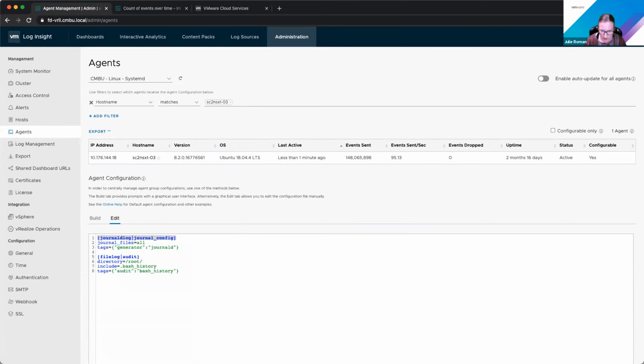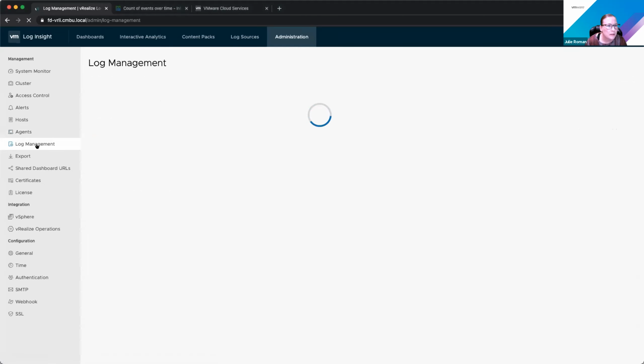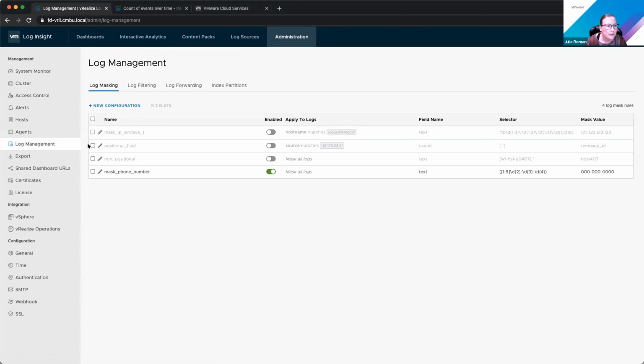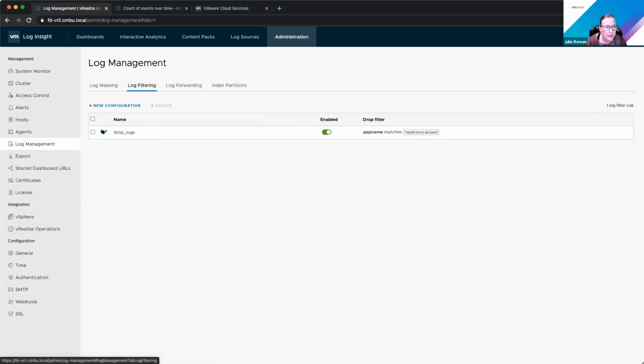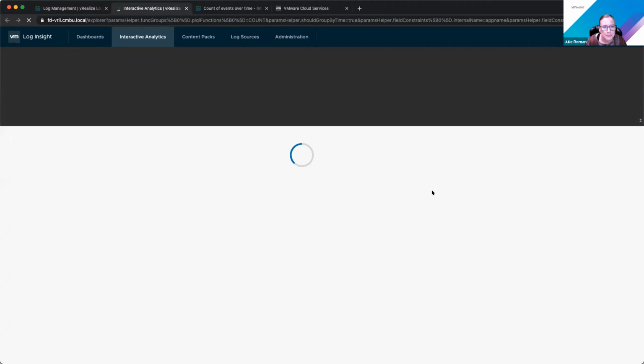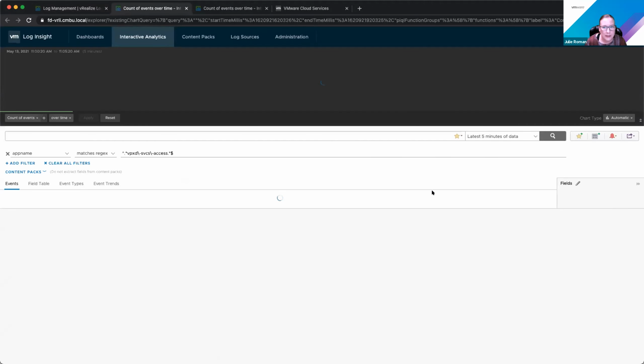All right, under log management, we wanted to drop specific log messages. So let's see, we're doing this drop logs filter. I'm going to run this in interactive analytics since we've enabled it.